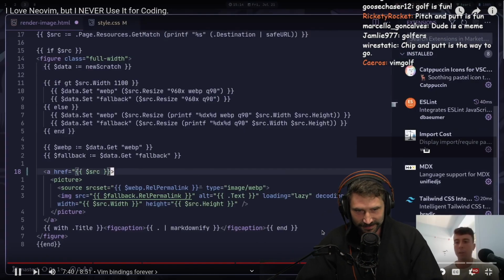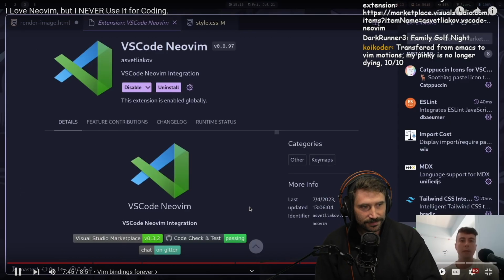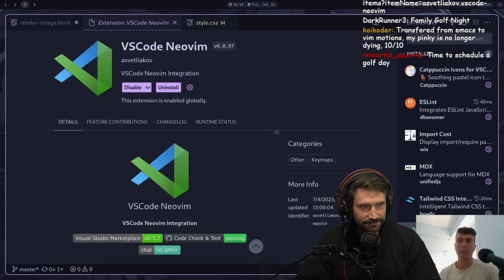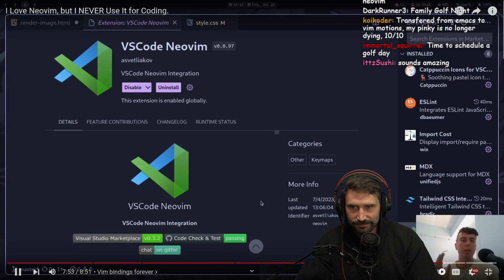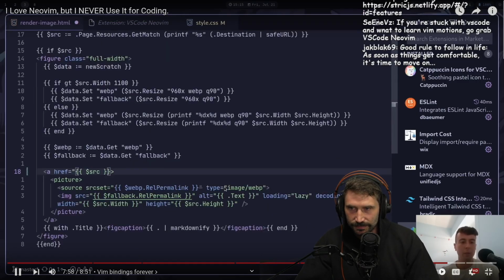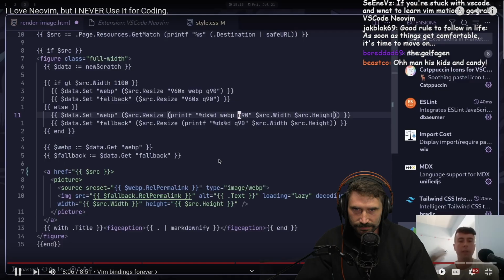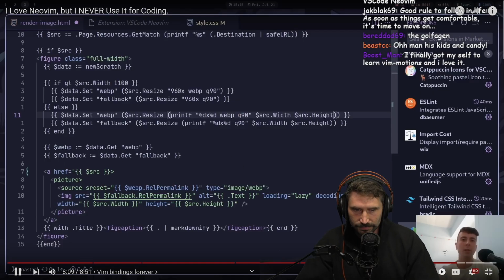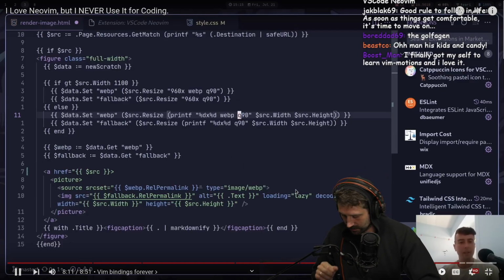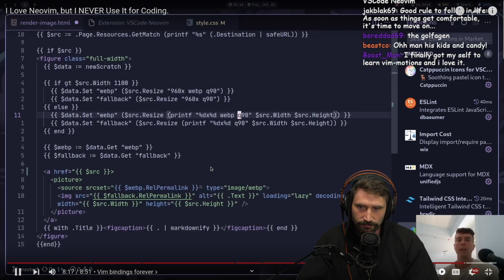VS Code. If you go down here, I have the VS Code Neovim plugin. Of course, you should be using the VS Code Neovim extension and not the Vim emulation plugin that they also have, because that is just a buggy mess. This works so much better because it actually integrates Neovim inside your editor. So basically, this right here is a Neovim window, and I can just move around in it like I would a normal Neovim window. I like that. But of course, I also get all of the features of VS Code on top of it. So of course, I would never betray my Vim roots by not using the actual key bindings. That would be ridiculous. But as for the actual editor, I still prefer to use VS Codium.